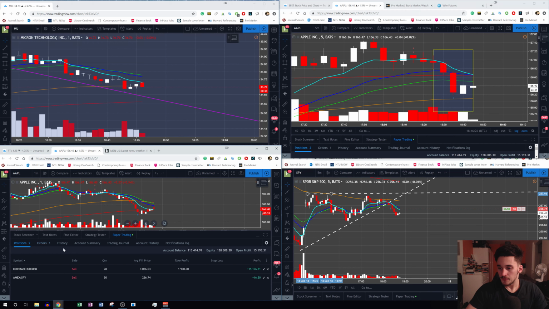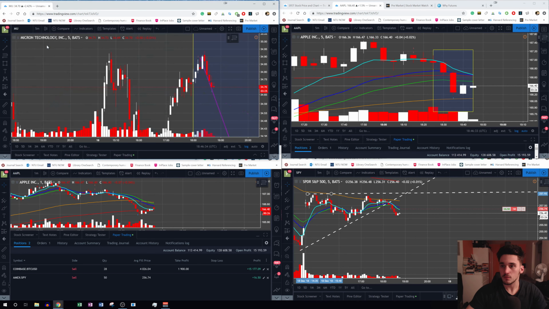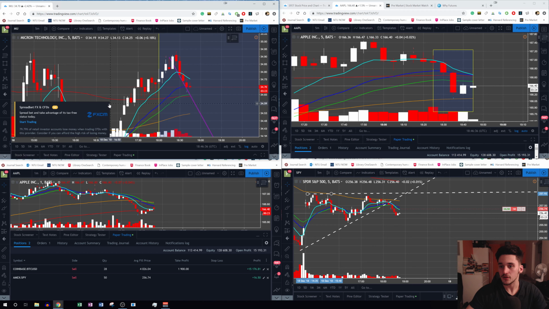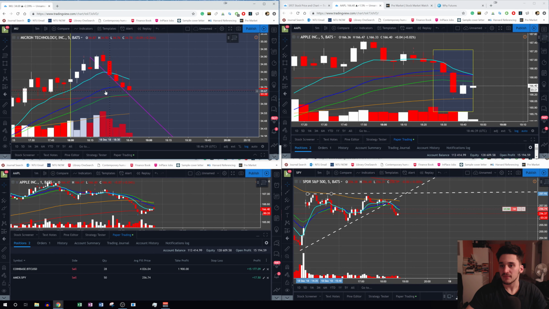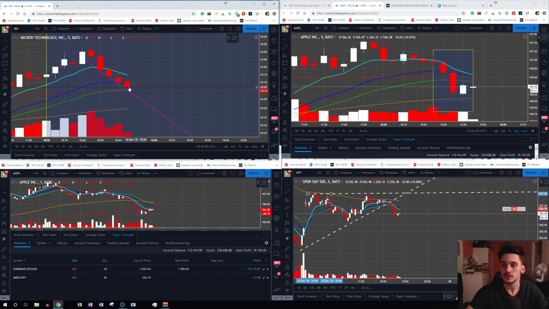So I'm just gonna go through the process of why I basically placed these two trades. So the first one was MU. Okay, so you can see here, if we zoom in, you can see this little arrow here is me shorting the stock. Okay, and then the blue arrow down here is me covering. So I shorted on this candle, okay, then I covered here. That was a 0.6% gain in 30 minutes,